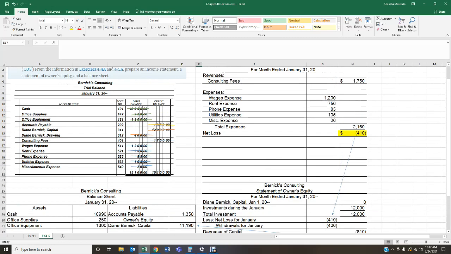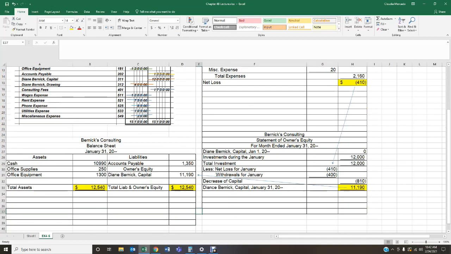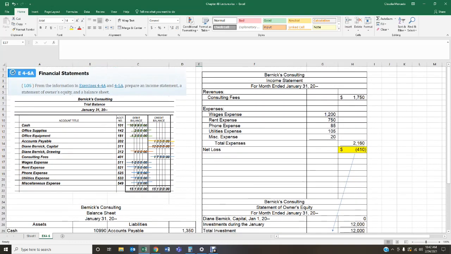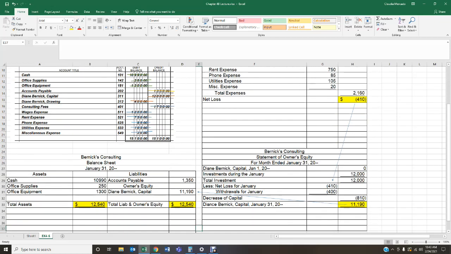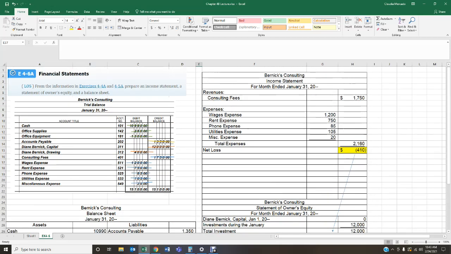Okay, so those are the three financial statements that we needed to complete. Remember, your net income or loss is transferred over to your statement of owner's equity. Your ending capital is then transferred over to your balance sheet. Okay, so this is how to complete the three main financial statements: your income statement, your statement of owner's equity,